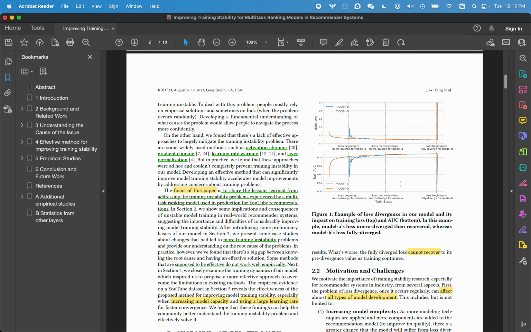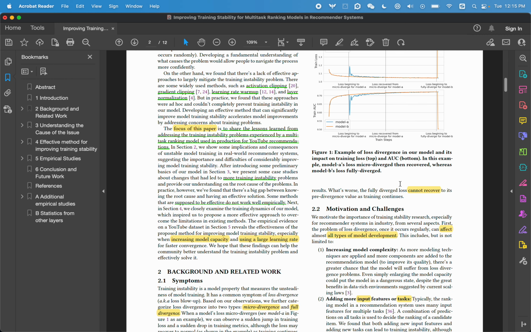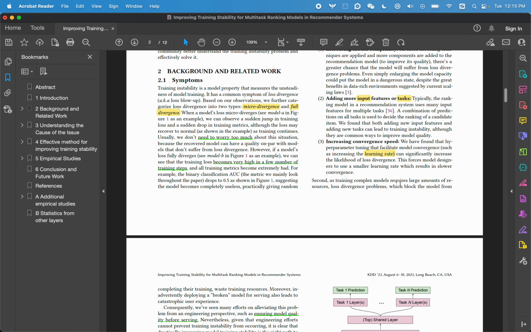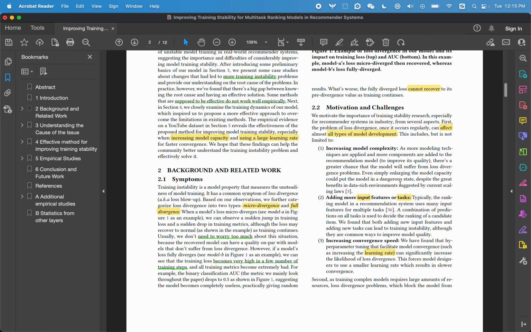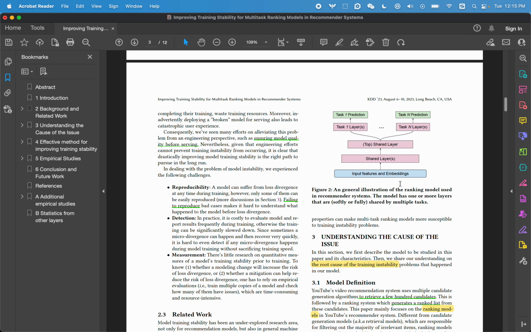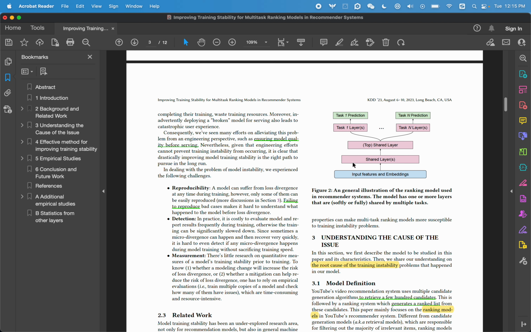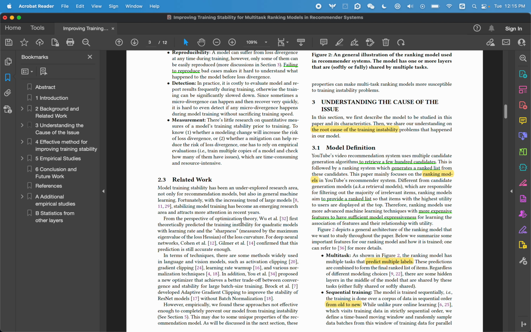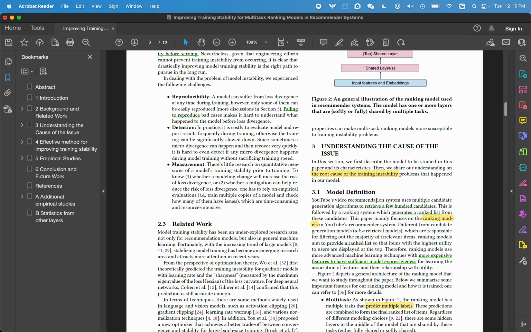Find why this thing happened, what makes it happen more easily, and what we can do to solve this issue. So this paper discusses finding the problem, finding the source, and trying to solve it. What are the previous solutions, and what is their solution, step by step. Okay, it says the cause of the issue.